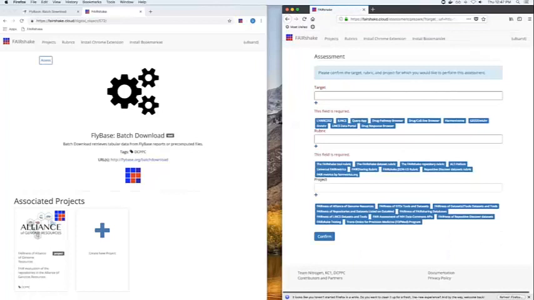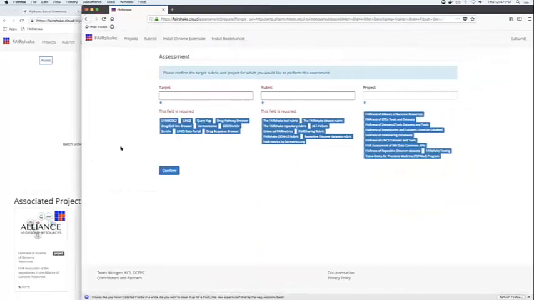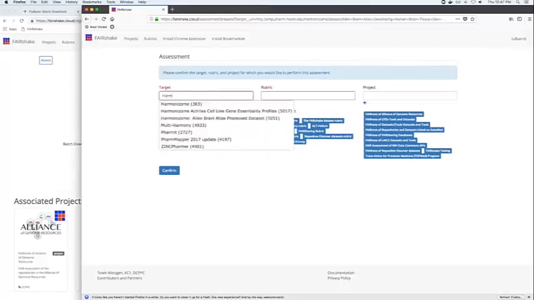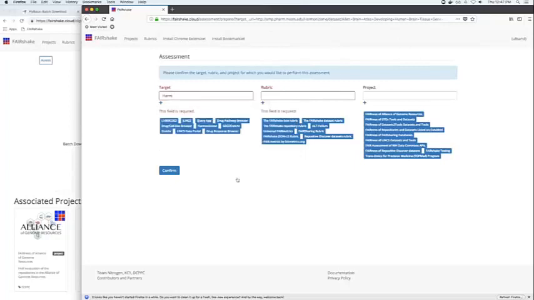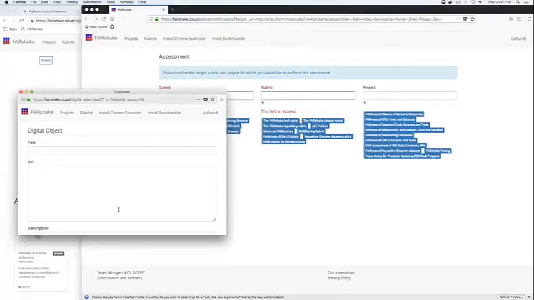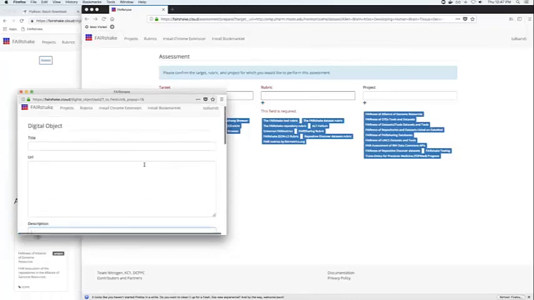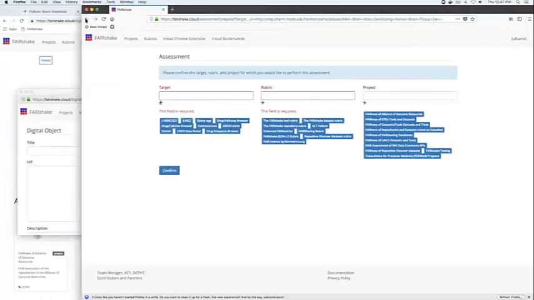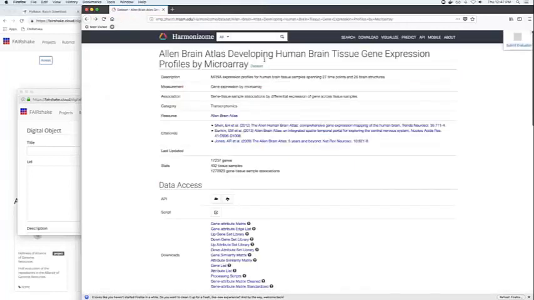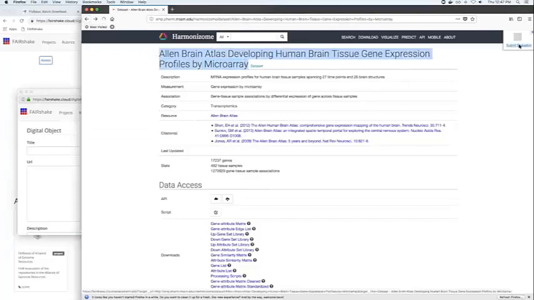But when I submit the evaluation, we're presented with a familiar page, but this time nothing was found. This is because this object doesn't yet exist in the database, and if I search for it, we'll see that I have some things, but I don't have this particular one, human brain tissue. So we can actually add it by clicking this plus, and we're prompted to find all this information about the object. I lost that information, so let's go back there, get this information and try again.